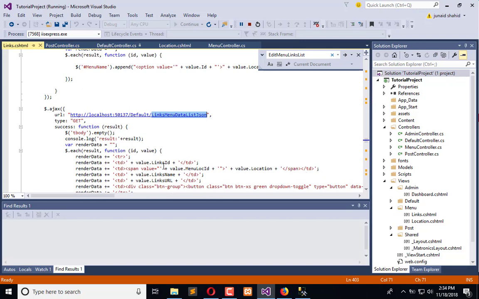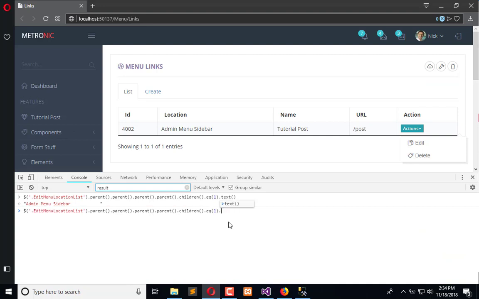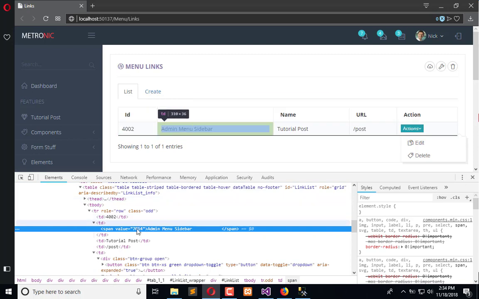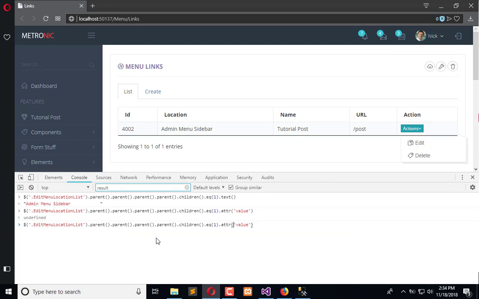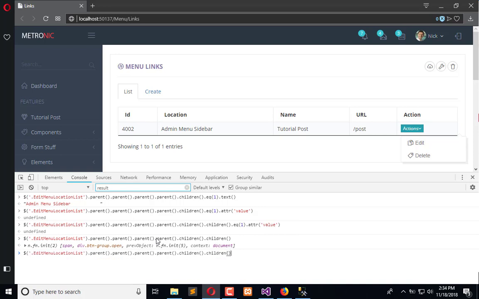So we already have the menu location ID which we need to copy. Dot attribute. We need to inspect once. Here we have a span within this. Go to the console, add dot children, and now see what you get. eq0, which is the span dot attribute dot, here is that. Copy it